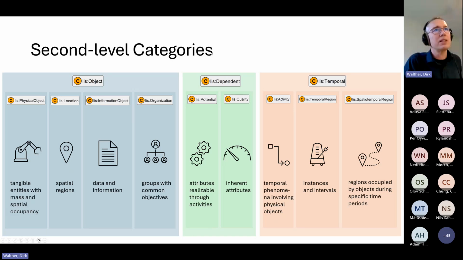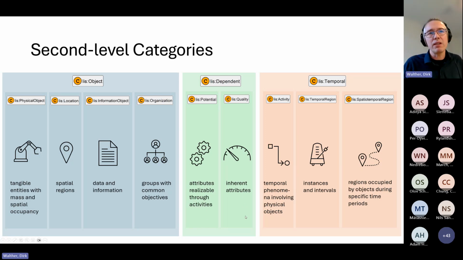Okay, so the next are the subcategories of dependent, and there we have potential and quality. Potentials are attributes that are realizable through activities. For example, function. So if I run my pump, the pressure will be increased, or the fluid is moving, for example, or things will get hot.